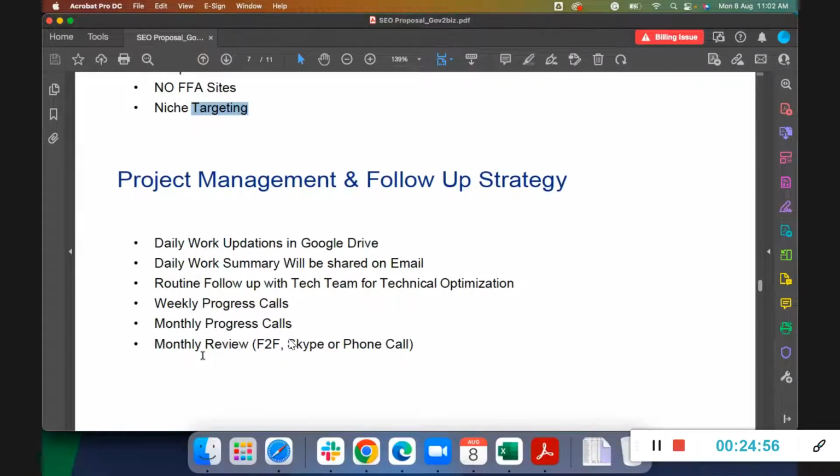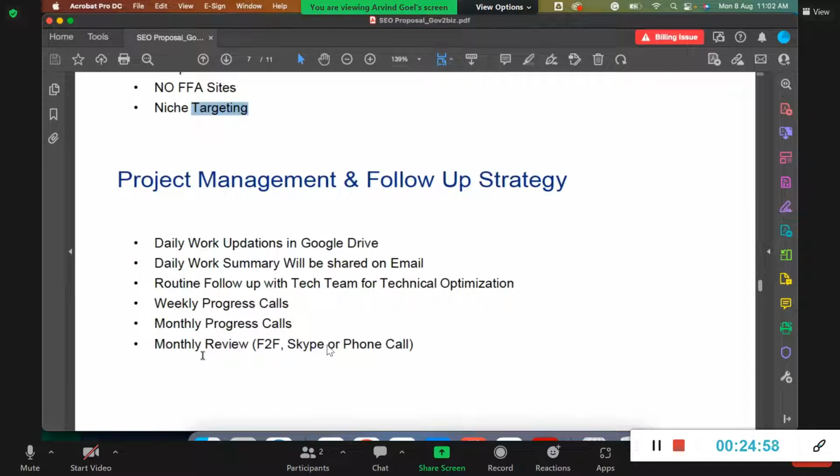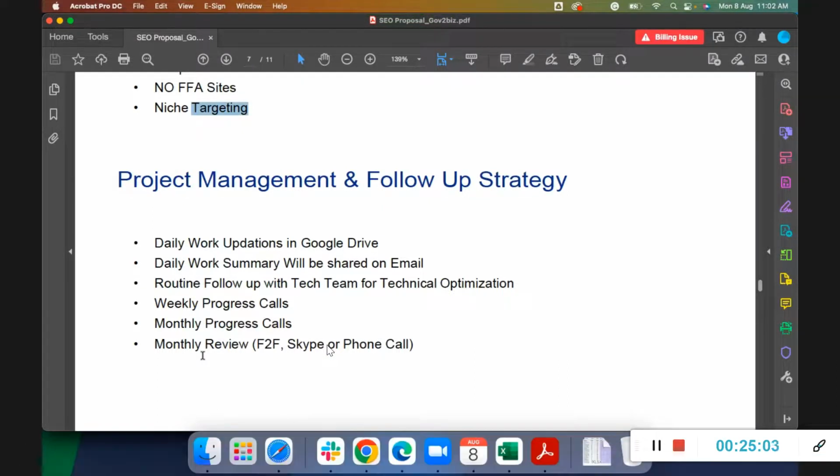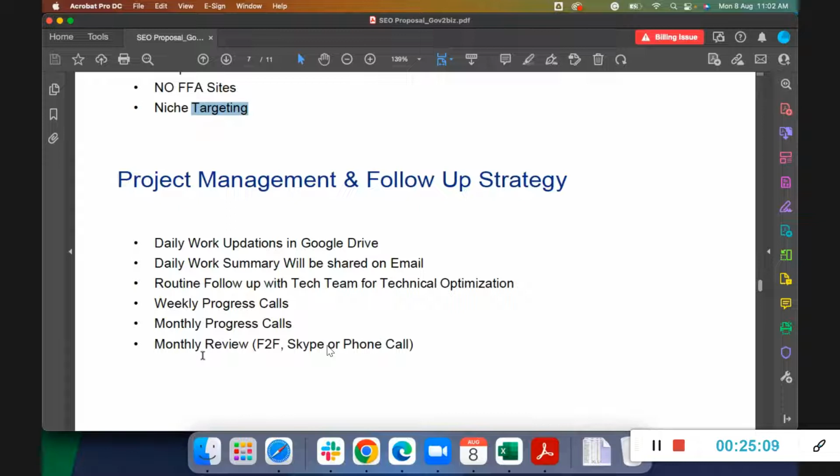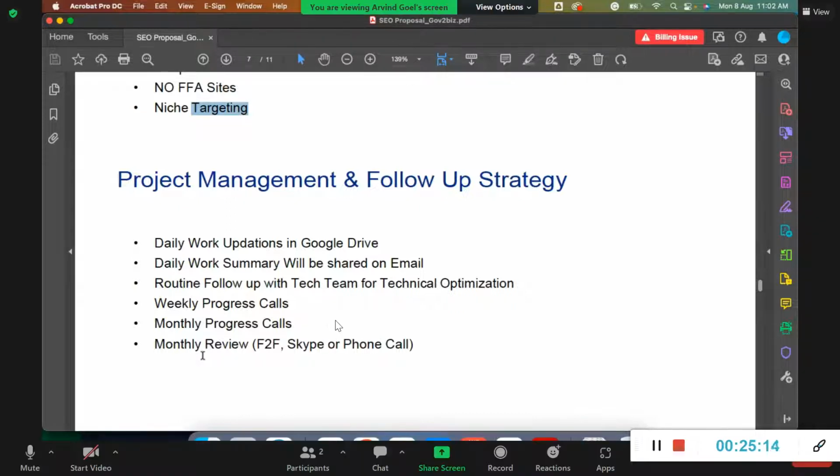So every week there will be a call with the SEO head or lead to discuss the weekly progress, and every month there will be a monthly review or a meeting. After that, you have to pay for that month. There is no advance which you have to pay, as the payments happen after the month end. Once the work for that month is completed, once you have reviewed the work, only after that you have to